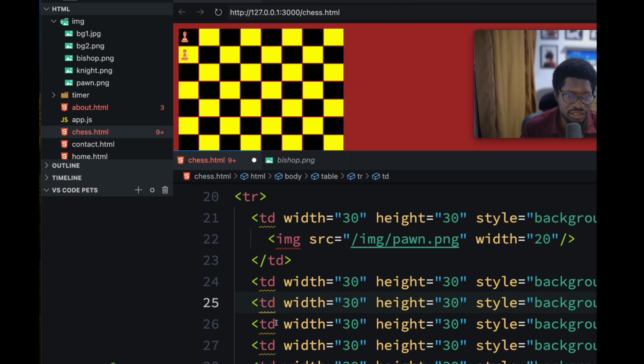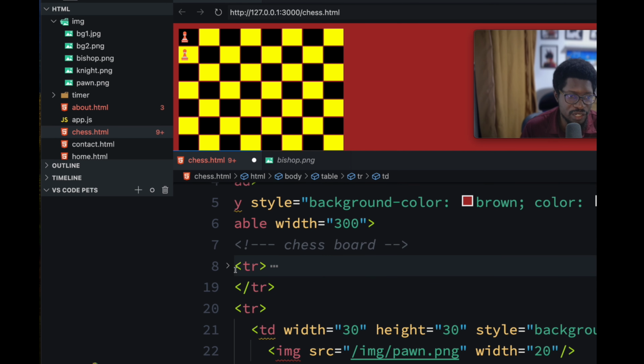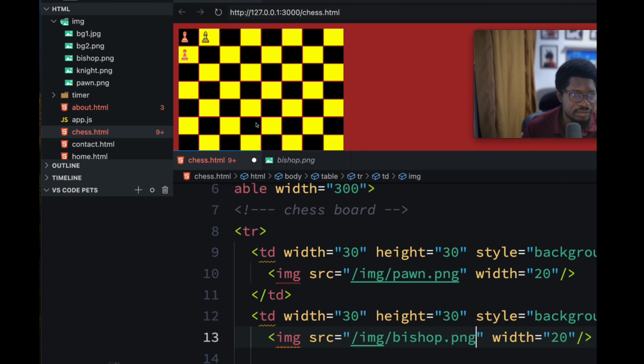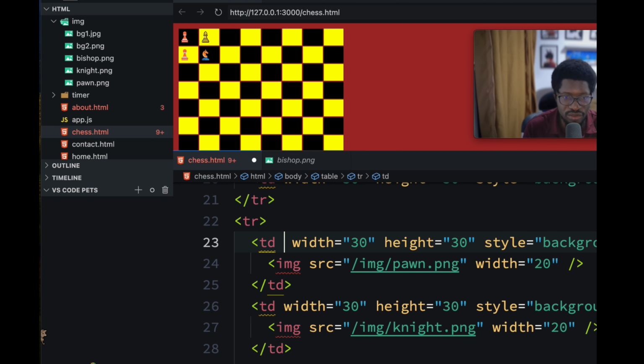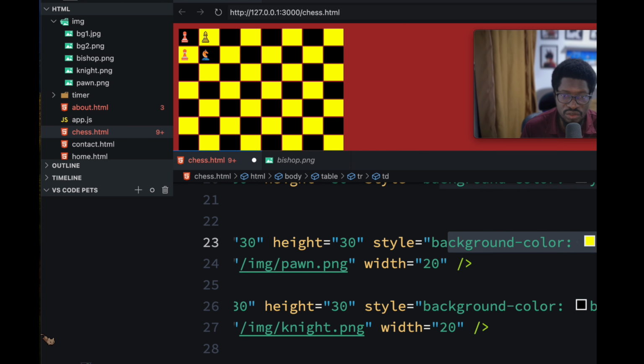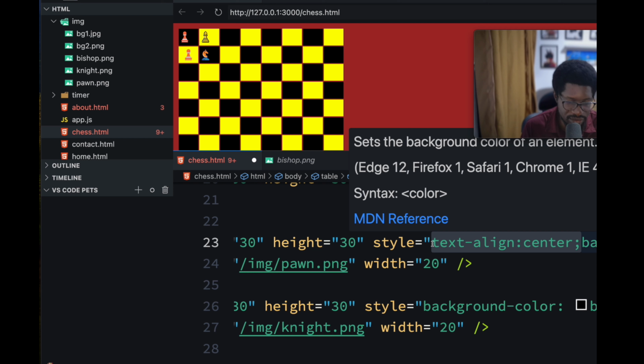And you can change the next piece. So let's put the next piece here. So that's Bishop. You could do alignment in terms of the styling or in terms of the table property. The table property allows you to align the content, or you could use text align inside the style of the content that will be in the table data. So do you see what happened now? This section is aligned. So I can automatically align all the content